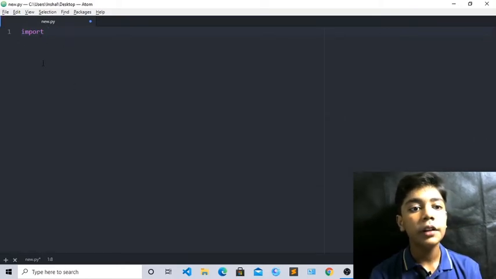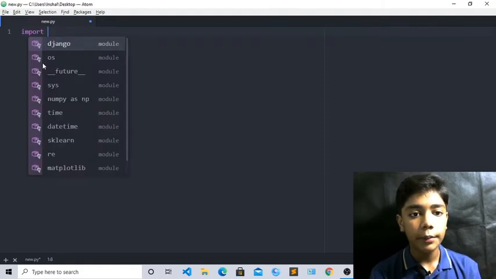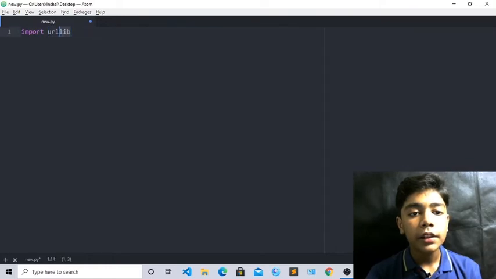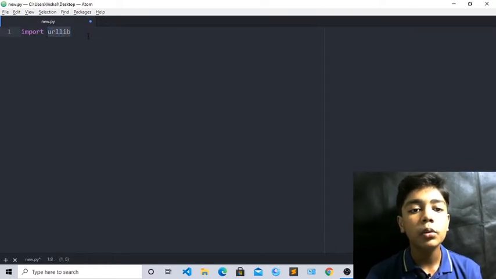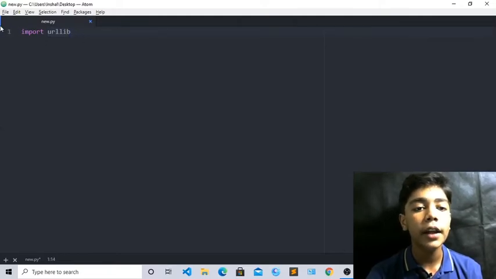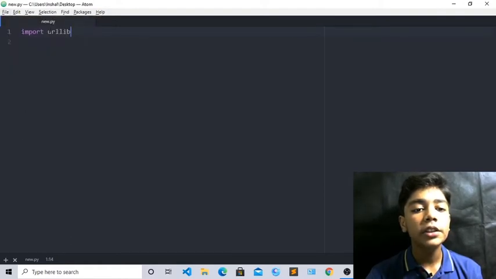Now when you have written this import, we will import urllib. We will import this urllib here. This urllib means the URL of anything, like of any website, of Google URL. I hope you all remember. So with URL there is a lib, and with lib and URL we can check where our URL is. First of all, save it, and now I hope you understand what urllib is.